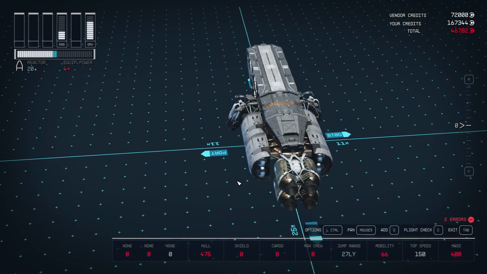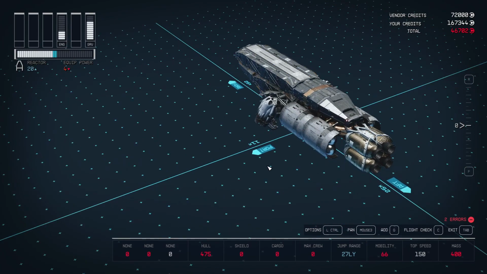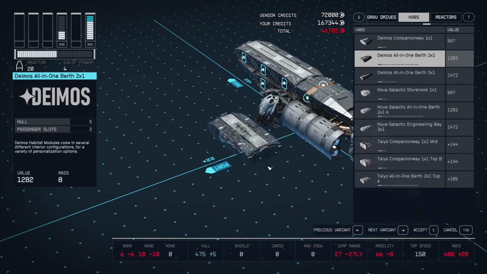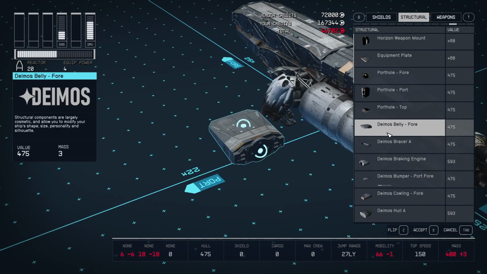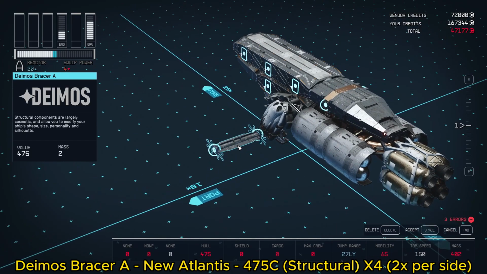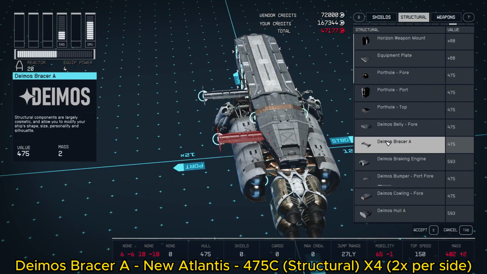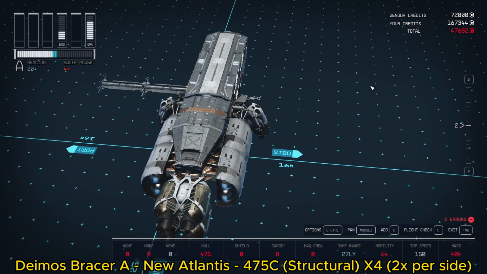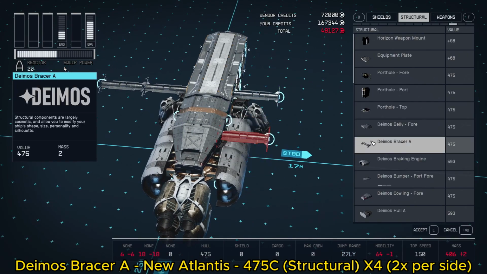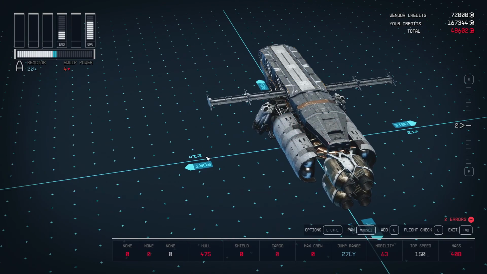Okay. And now we're going to start building our wings, guys. The wing parts are from the structural menu. And we're going to start off with the braces. We need 4 of these. And they're going to connect right here on each side. So, like I said, 2 on each side. These are going to be connecting our wings,